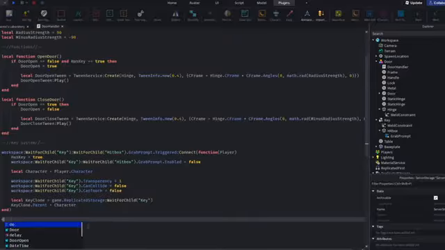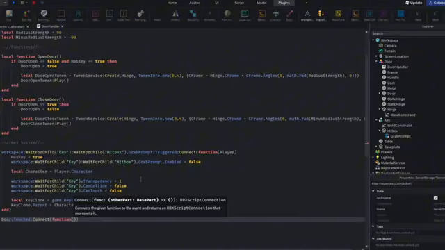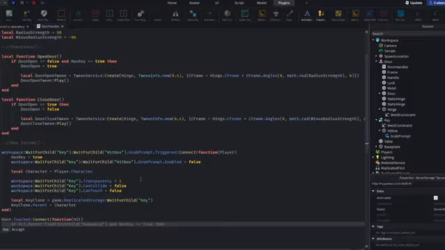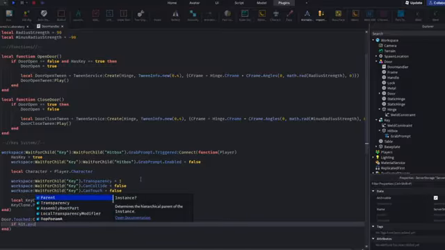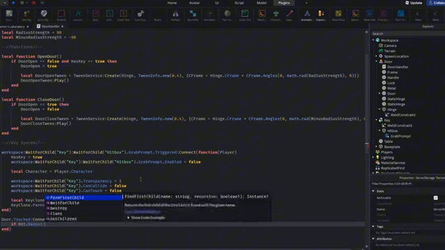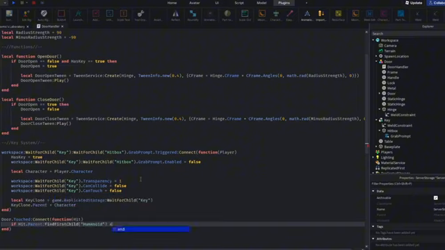You know what? Let's just do door, which is the mesh part, the actual door. That touch connect function. Now here's the important part. If it got parent, find first child humanoid, and has to be true, and